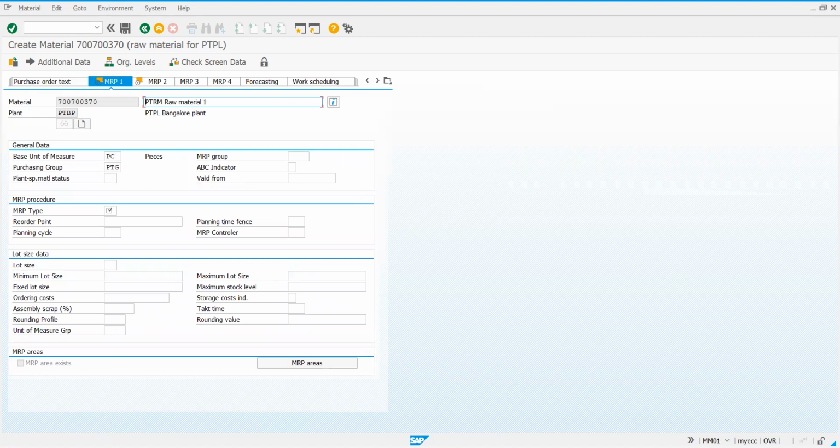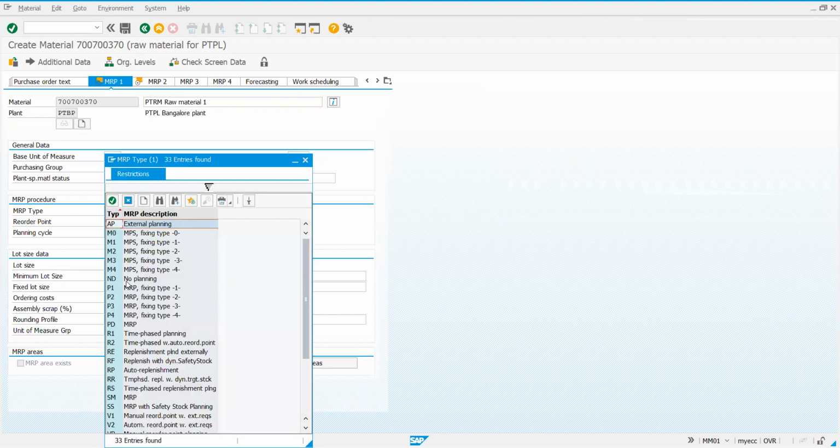It is taking me to the next view, that is MRP. In the MRP view, I need to provide this MRP type. I'll give you 2 things, you just make a note of that. One is ND, the other is PD. PD is allowing for MRP. ND is not allowing. If you don't allow for planning, then that material is not used under planning production at all. If you define it as ND, then it will not be used. If you define it as PD, then you are allowing planning for that material. That material can be used for planning purposes.